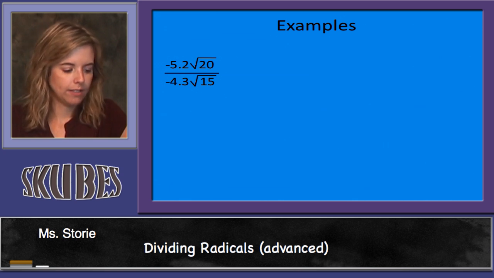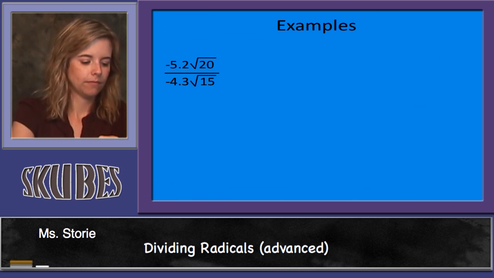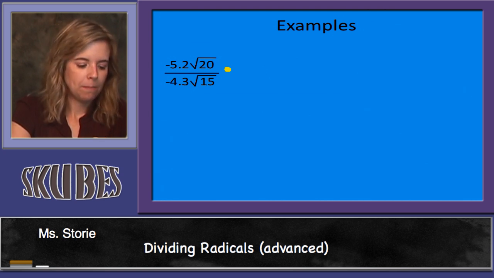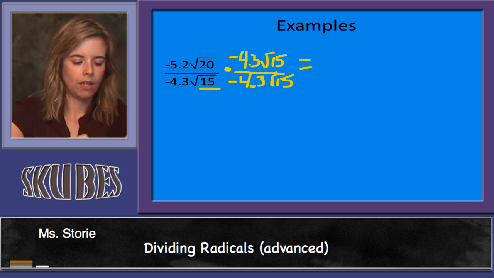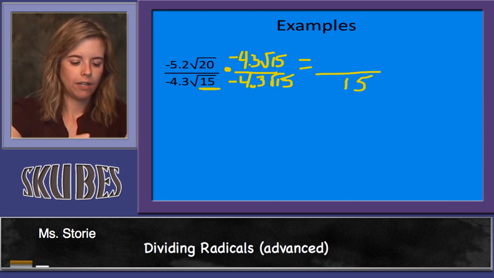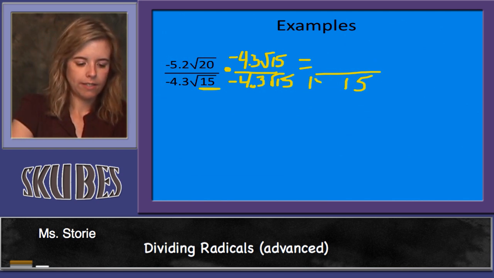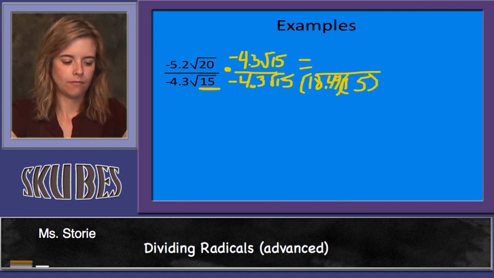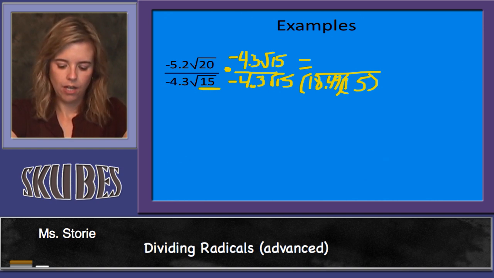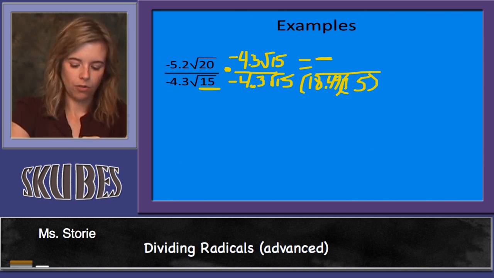Negative 5.2 radical 20 divided by negative 4.3 radical 15. Decimals don't matter. Make it the same exact way that you did it before. Negative 4.3 radical 15, and then negative 4.3 radical 15. Let's shortcut it. We know that the 15 comes out of the radical sign, and the negative 4.3 gets multiplied by itself. And when the negative 4.3 gets multiplied by itself, it's 18.49, and those end up being multiplied together. Now on the top, when you do your multiplication, you're going to end up with a negative number, and it's going to be positive